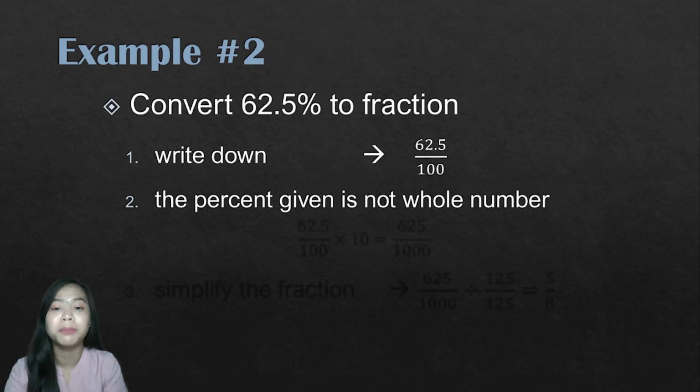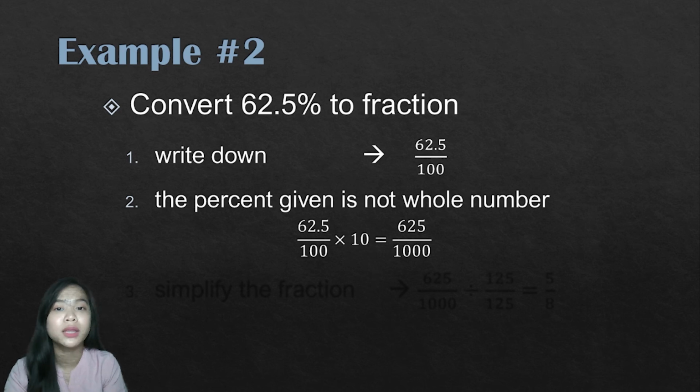So we need to multiply the numerator and the denominator by what number? We need to multiply by 10 since we have 1 decimal place, so we just have a 0 after 1. So 10. One value here, which is 0.5. So we have 62.5 over 100 times 10, that is equal to